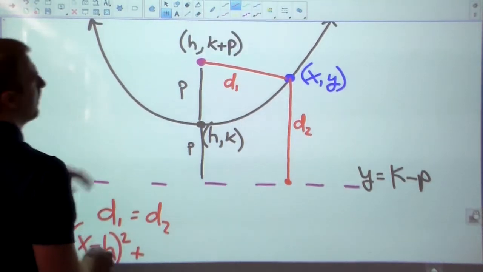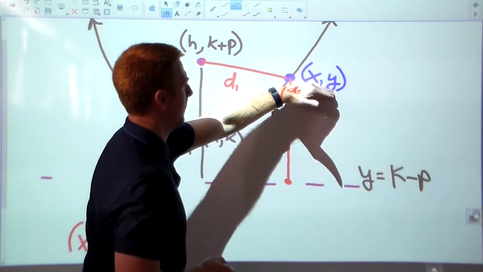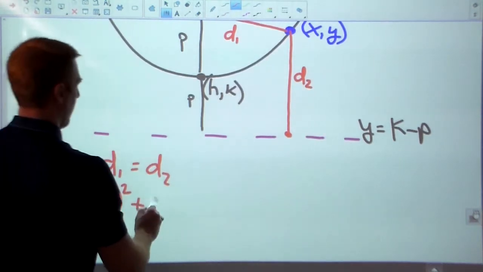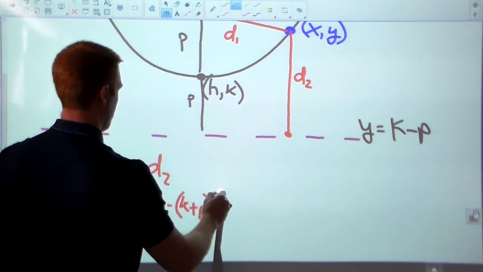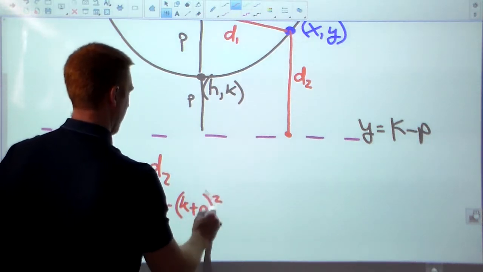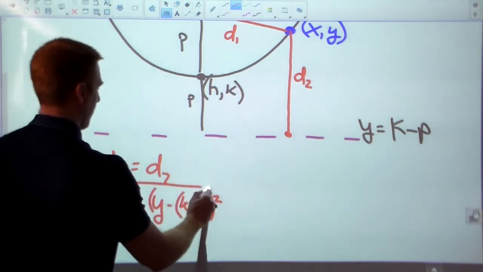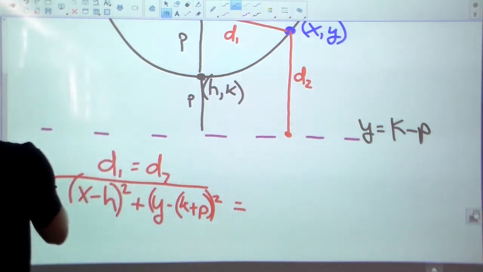Plus change in y. So whatever it is from y to k plus p. So y minus k plus p squared. All right, so we'll put all that in parentheses and square it. And it's distance formula, so we're really taking the square root of all that. Now the second distance,